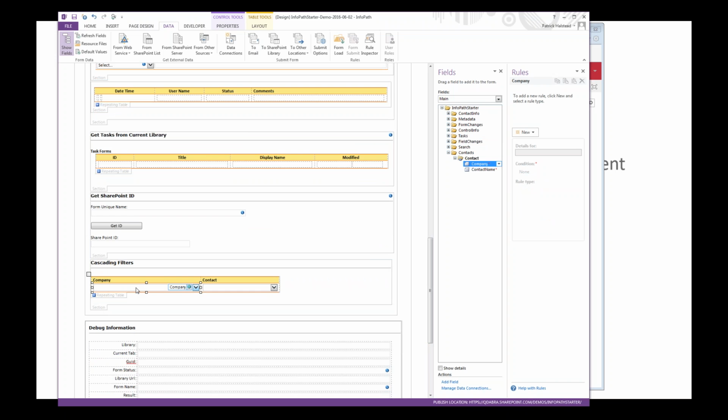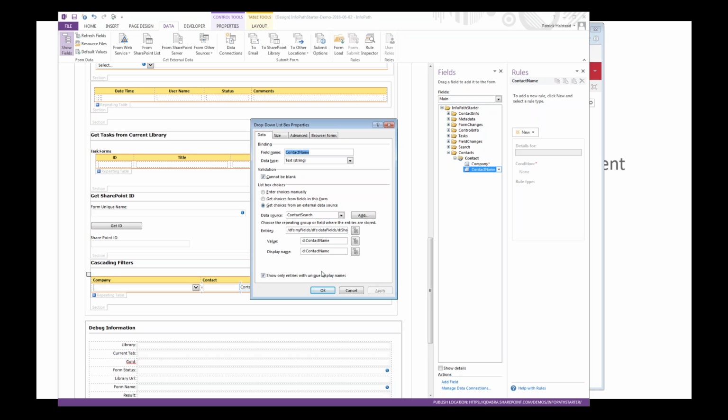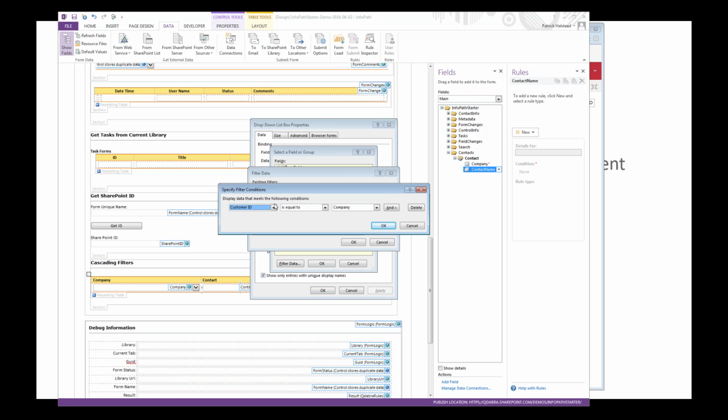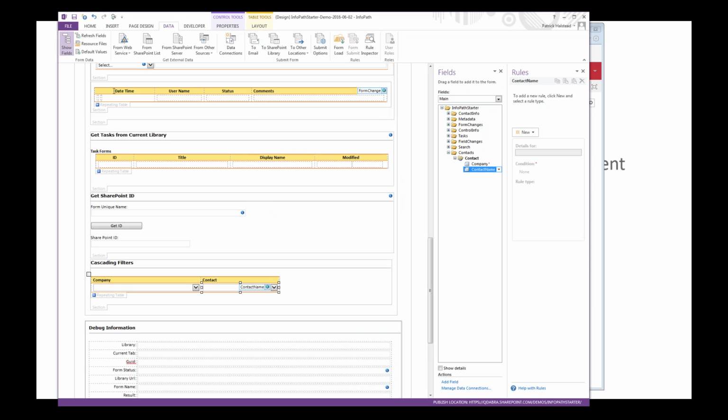What we're doing here is loading these values from a list, and then depending on what the company is, we're filtering the contacts. The way we do that is we have a filter on the drop-down, on this data, saying just give me those contacts where the customer ID is equal to the company. This is a very common thing, and in this case we're looking up the customer ID, saying it's equal to the company that we selected in the previous one, and that's filtering it for us. So if I open this form up again in the browser,